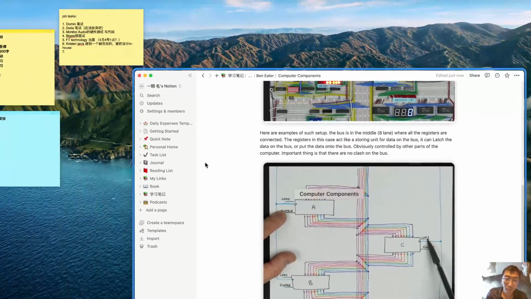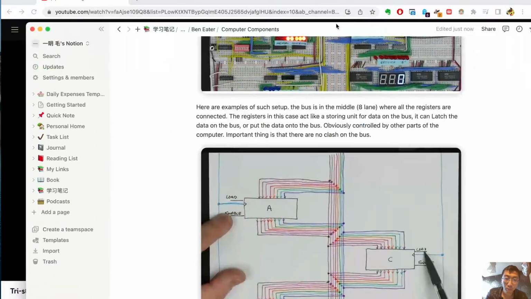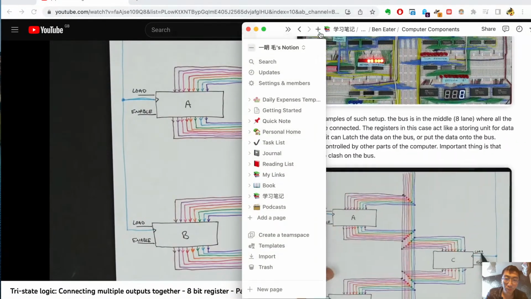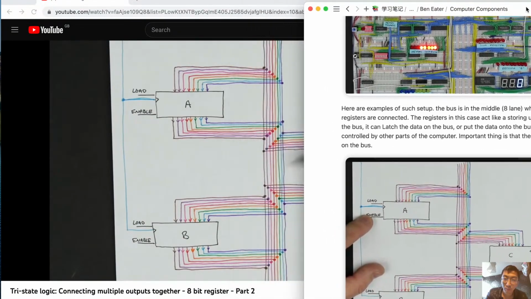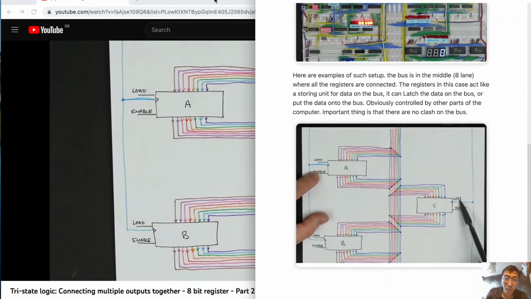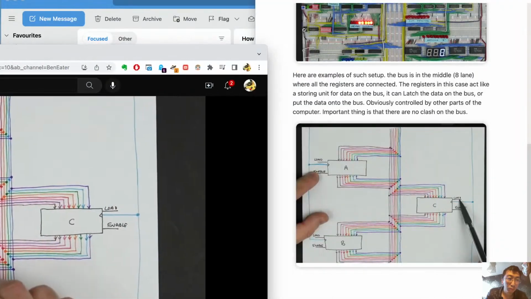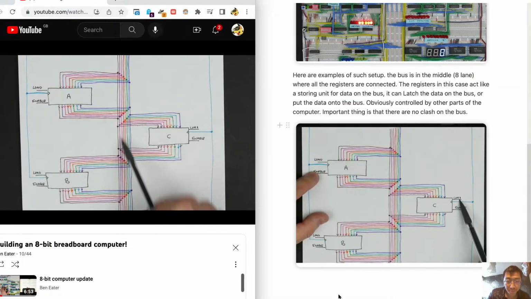If A is outputting a 0 and C here is outputting a 1, then we're getting a 1 and a 0 both output onto this same line at the same time. And then it's not clear what the inputs are going to be. So to really understand better what's happening when we have all of these outputs connected essentially together in this way,